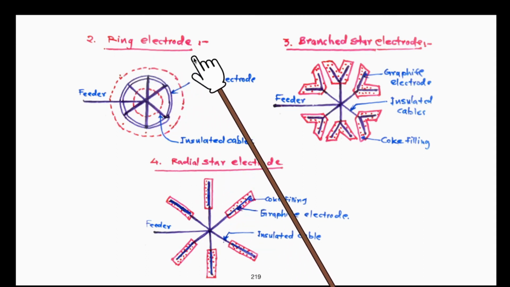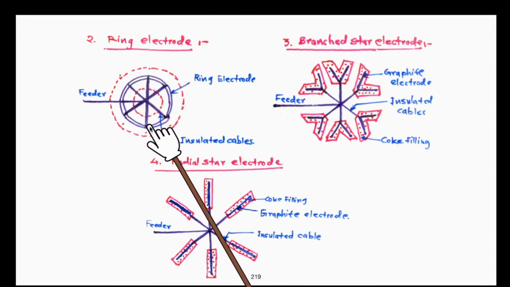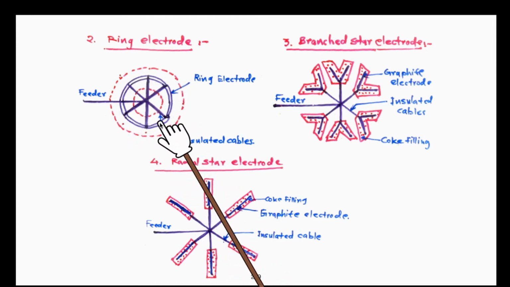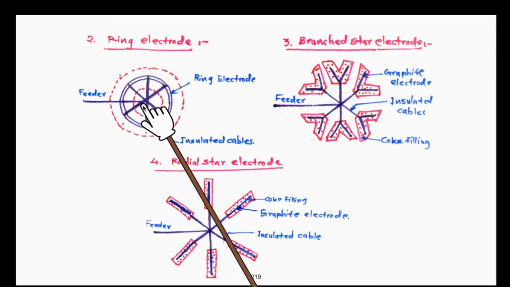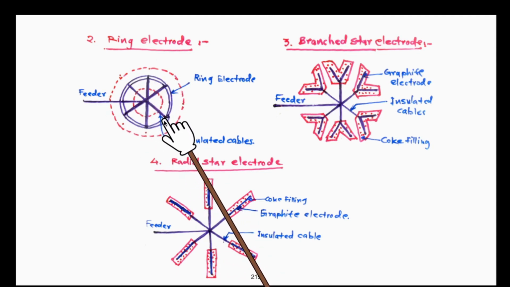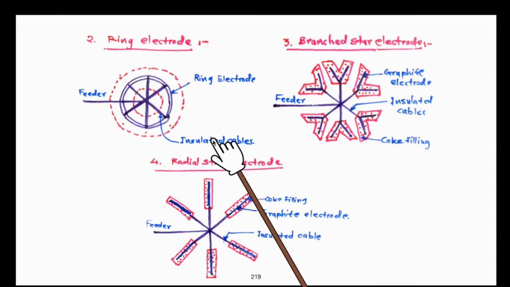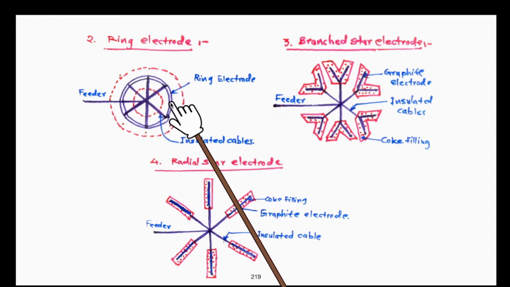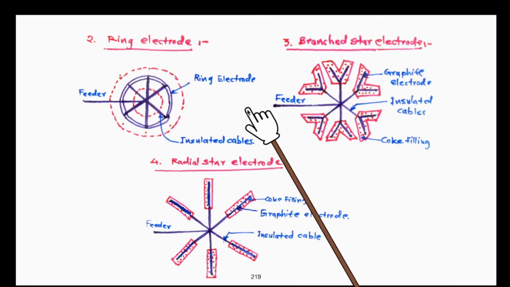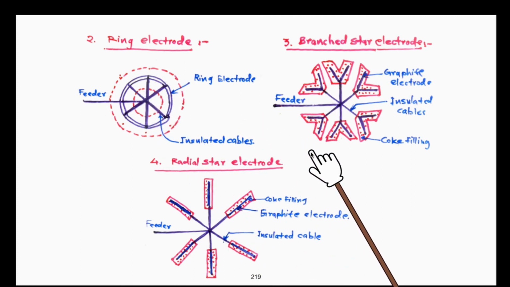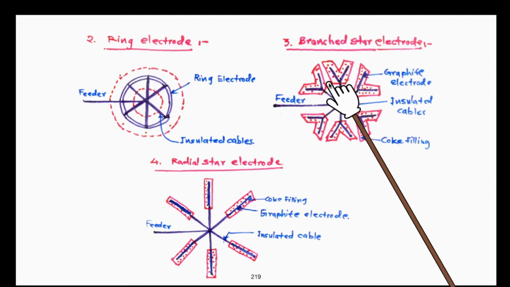Second type of electrode is a ring electrode. You can see that the electrode elements will be in the form of a ring, and the feeder supplies current to the central point, and then the current will be distributed through several sub feeders within the circuit in order to have effective connectivity with respect to the earth crust. So ring electrode and the insulated cables, right? Various sections of the rings will be carrying the DC current all the way from the circuit to the ground, or maybe collecting from ground to the circuit.